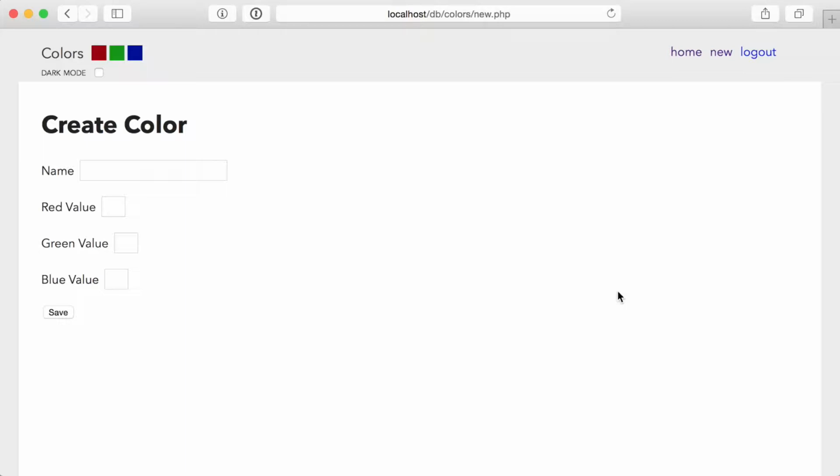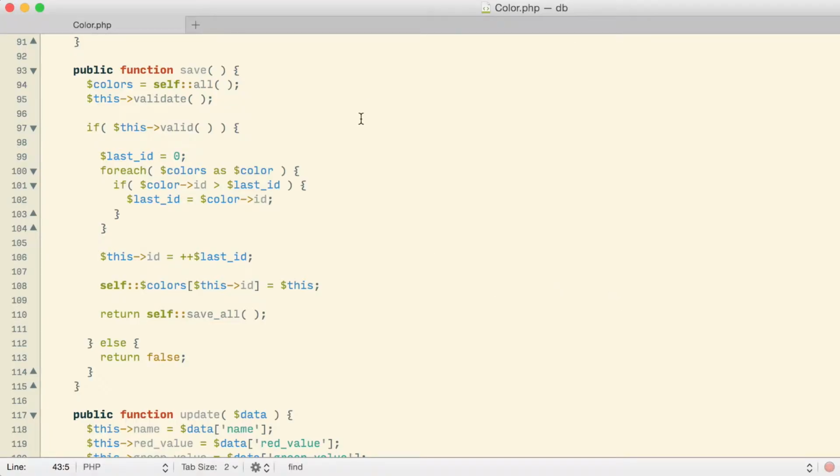All right, so it's going to be the new page that's actually going to end up calling this save function. The new page should itself be able to properly go through the process of gathering the colors from the user, and based on the validation that's occurring and the false values that are returned, those sorts of things, should be able to handle the communication with the user. All we should really have to worry about here in the save function is how to actually take the data that we have available in a color object and to actually store it to the database.